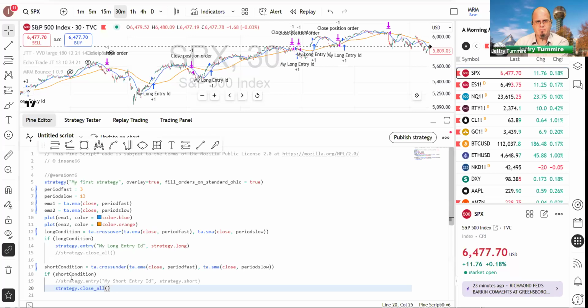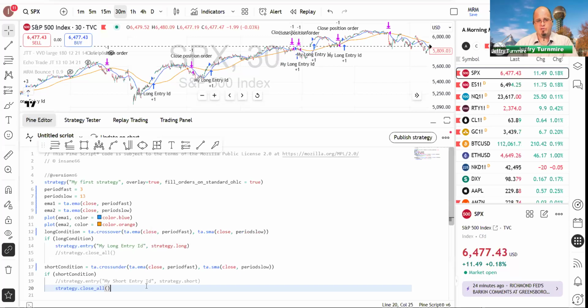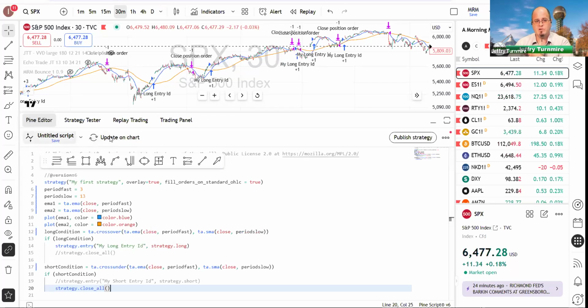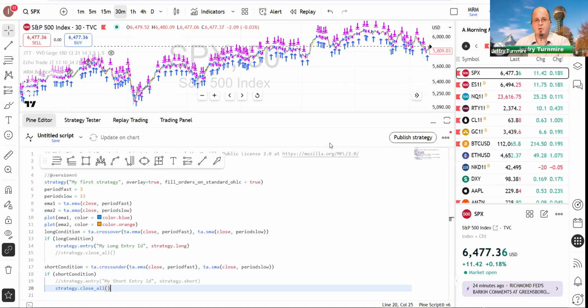Now, an AI will create something for you when you ask it to code this, but then you might not know if it's proper. And that's where actually knowing a little bit about coding comes into play. Like, what if it plots it on there and it doesn't go long where you think it should go long? That's where you've got to be able to troubleshoot it a little bit. And that's where some of this lesson might come into play. So we updated this on the chart now. There's a whole lot more